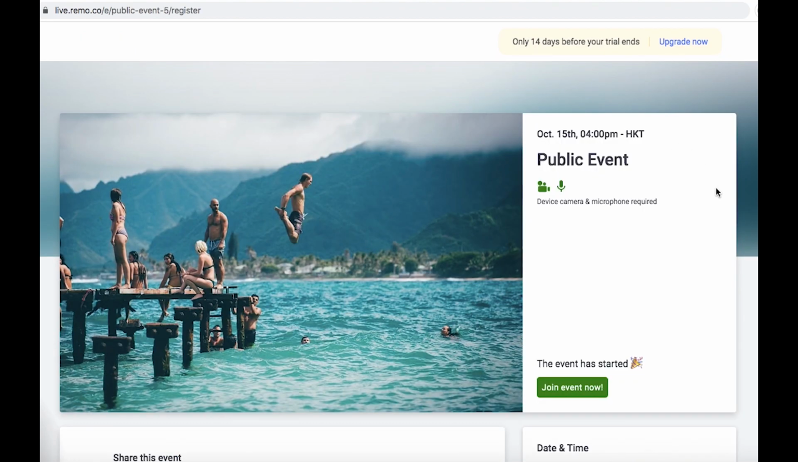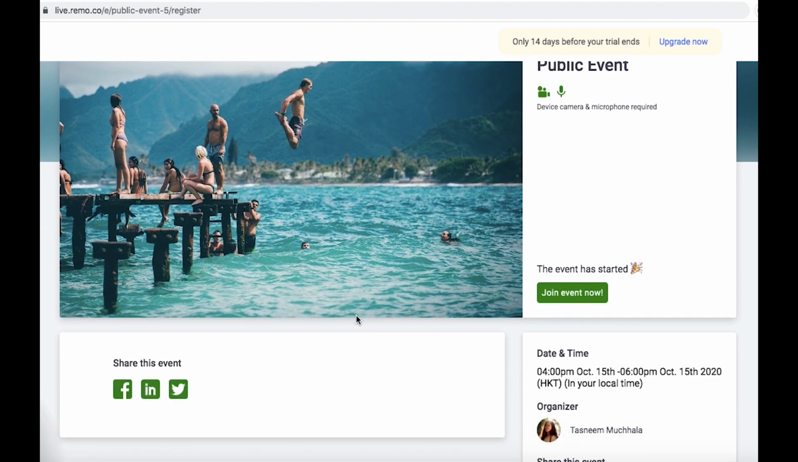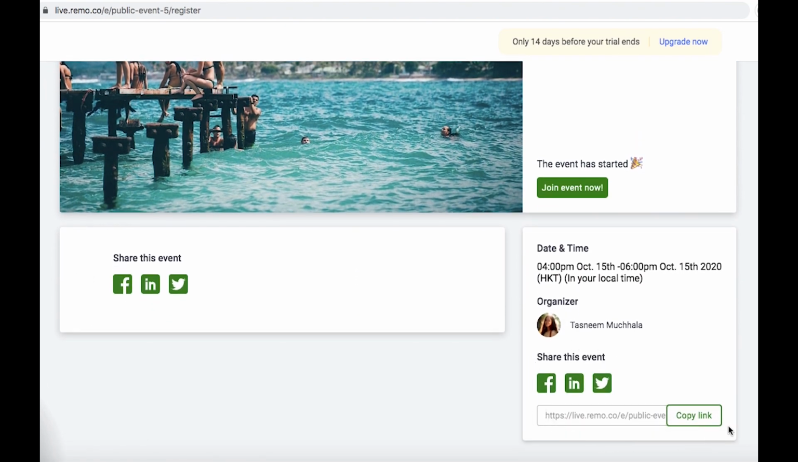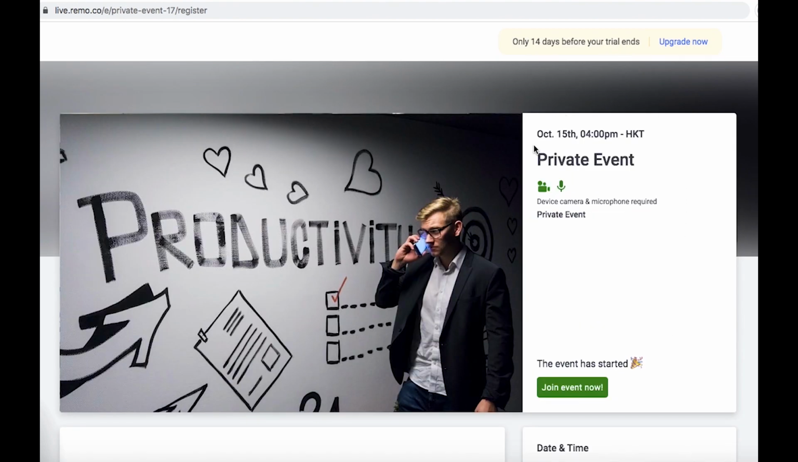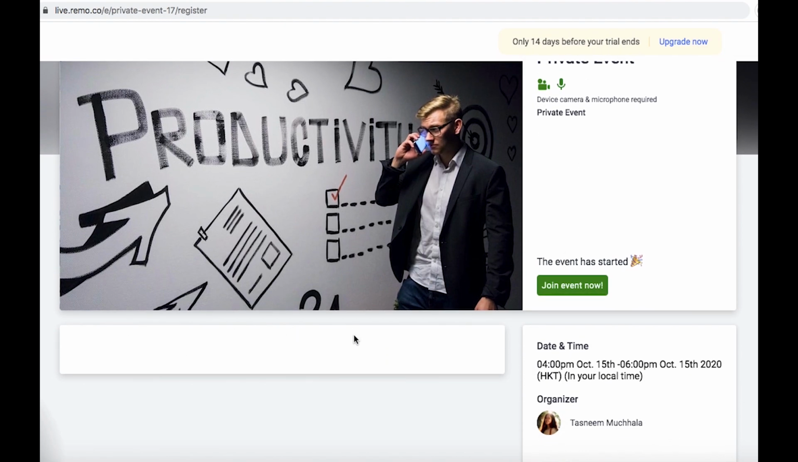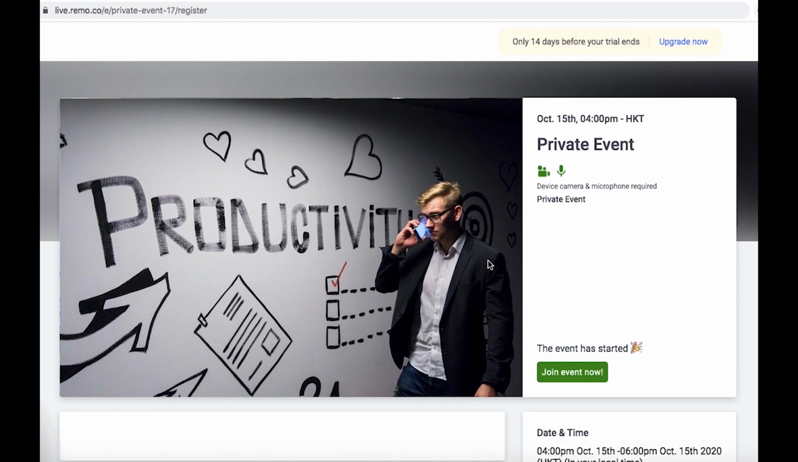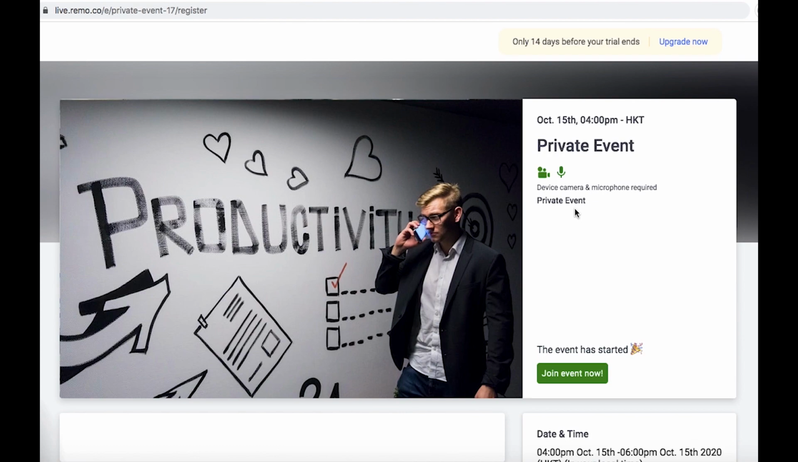Public events are open to everyone. Anyone with the link to your event landing page can register and enter the event. Your landing page will also have social media sharing buttons so guests can actually share the event through Facebook, LinkedIn, and Twitter. Private events, on the other hand, are private or exclusive to only the guests you invite beforehand. The key difference here is that with private events, you must add your guests' emails to the guest list. This essentially puts those emails on a safe list, and only emails on the safe list will be allowed to